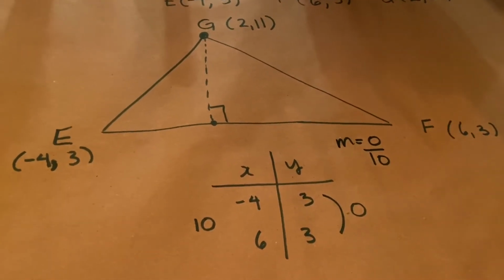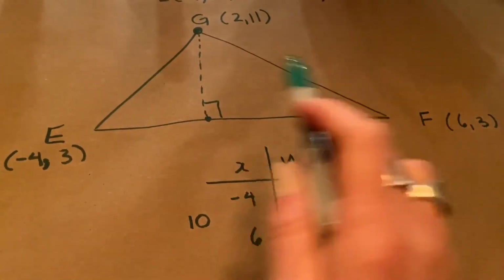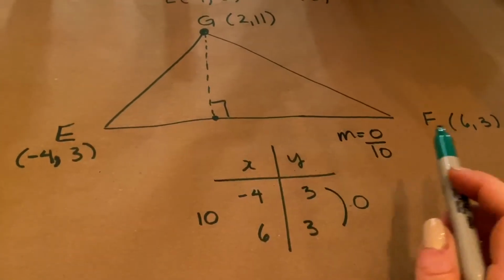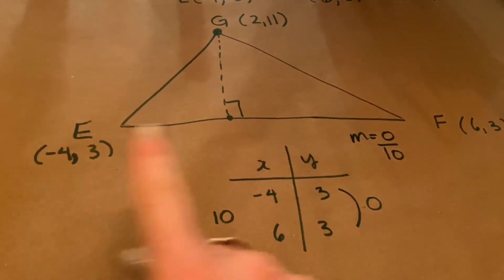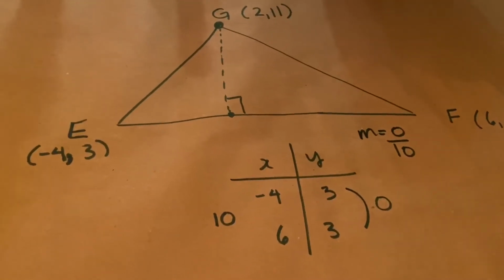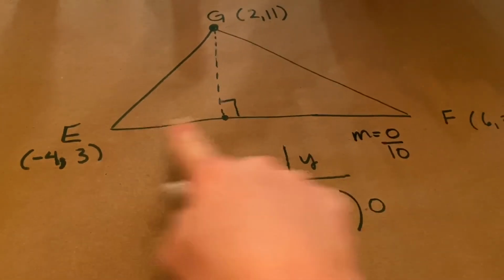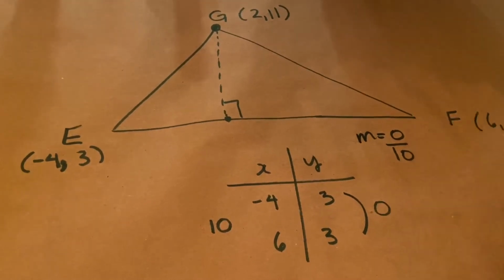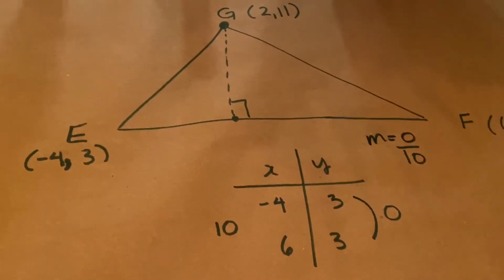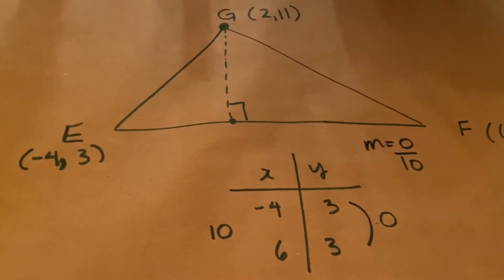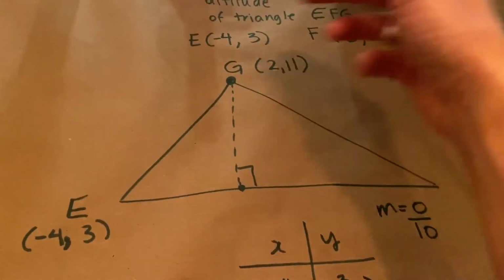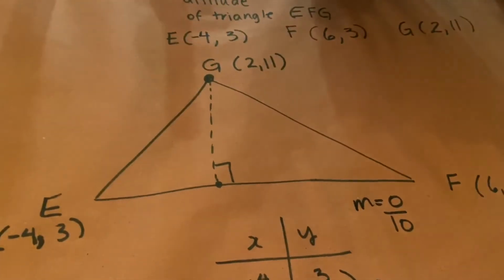And that makes perfect sense because this base is perfectly horizontal. It's not going up at all. It's going straight across. It's going from a height of 3 here to a height of 3 over here. The y's are not changing, which means the slope is 0 over 10. That makes sense. Now, if I want to find the equation of